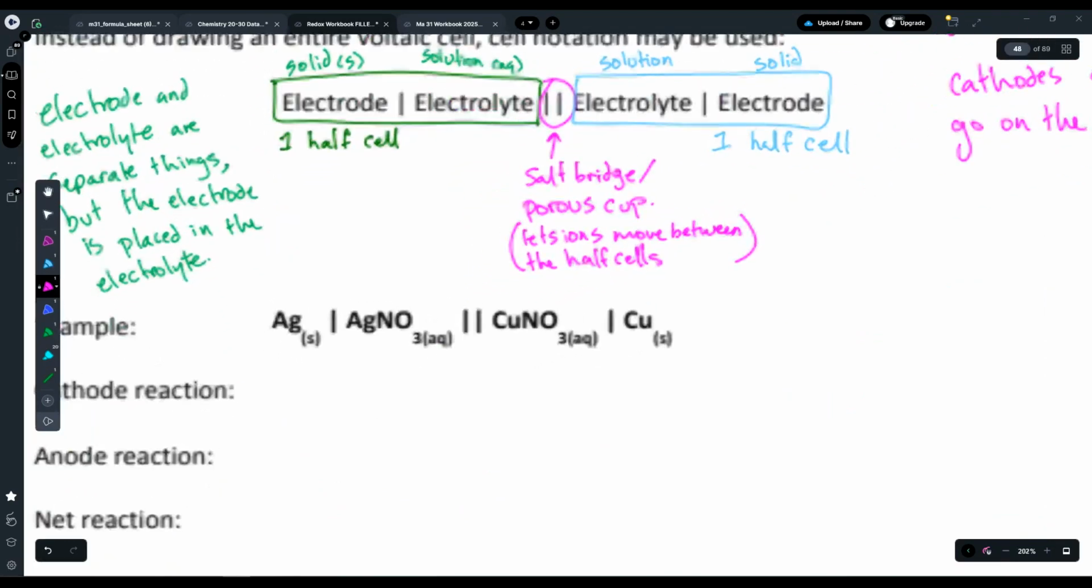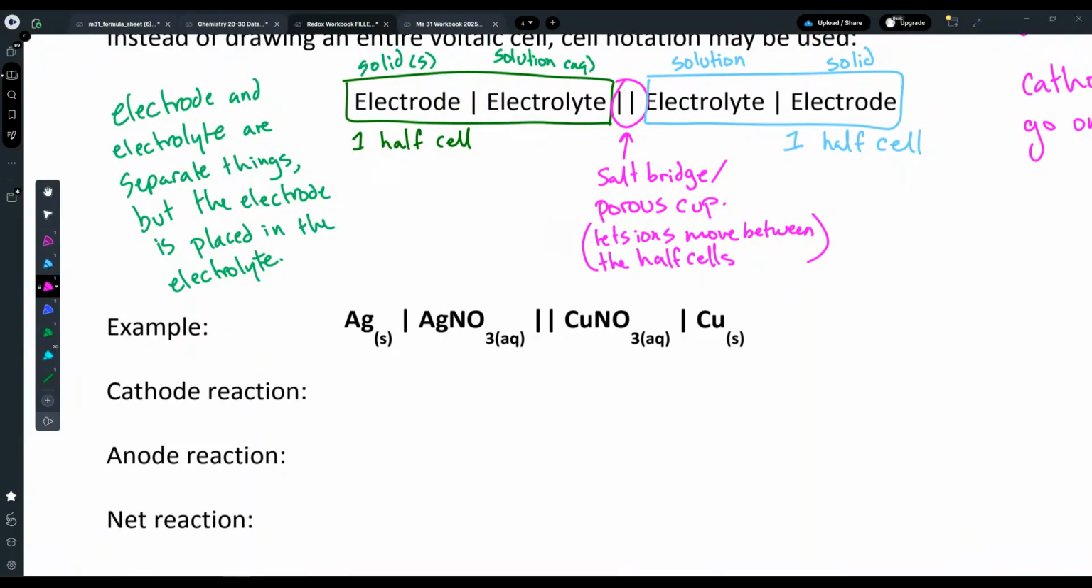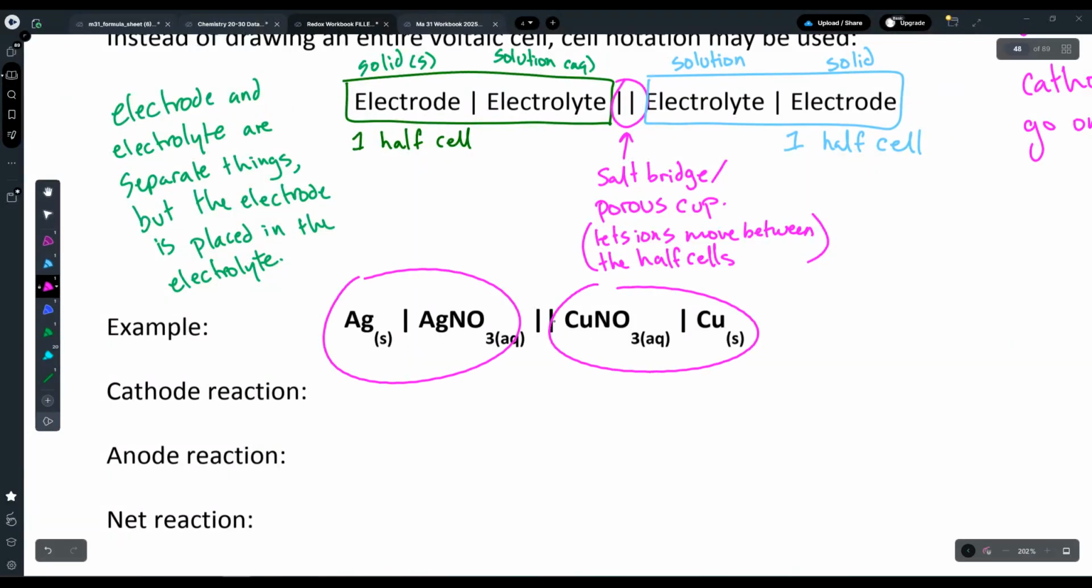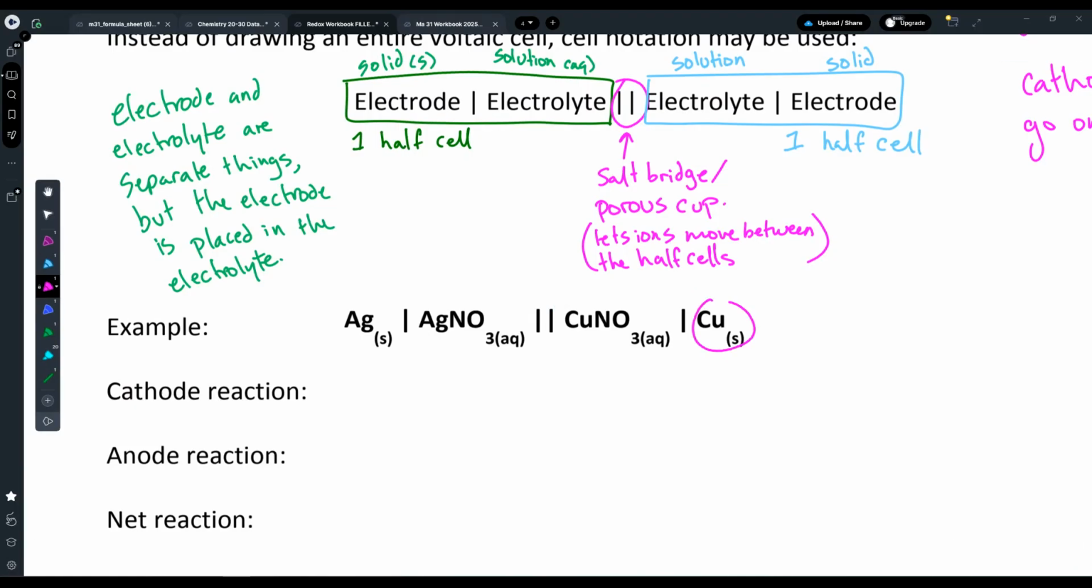Okay, so let's look at an example here. So we've got a silver electrode, which right now we don't know if it's a cathode or anode. But this electrode is sitting in an electrolyte solution of silver nitrate. And then we have our salt bridge or porous cup, which separates this half cell from the other half cell. Okay, and we have our other electrode, which is copper solid, sitting in an electrolytic solution of copper